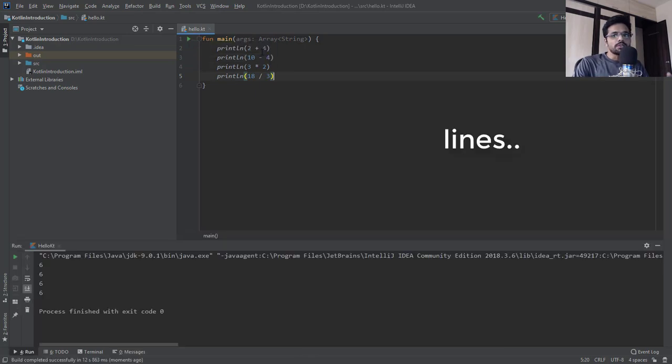Here each of these values are known as expressions and each expression has a value of 6. Println is nothing but a function which is used to print a value to the console. In the above code, we have used whole numbers, that is integers. However, if we want decimal numbers, then we need to declare it like this. And here we get the value of pi.